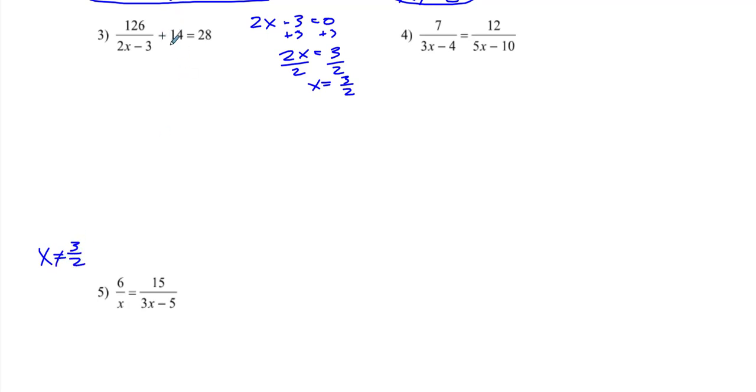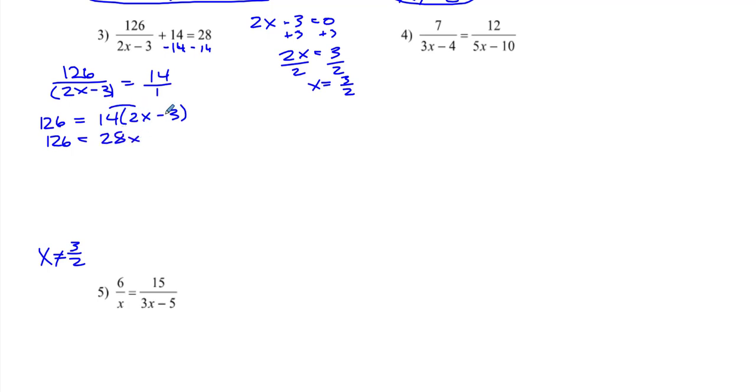Now let's solve this. So we got to get rid of this 14 first. All right, 126 over 2x minus 3 comes down. 28 minus 14 is 14. Okay, now we can do our cross multiply. 126 times 1 is 126. 14 times 2x minus 3. So we got 126 equals